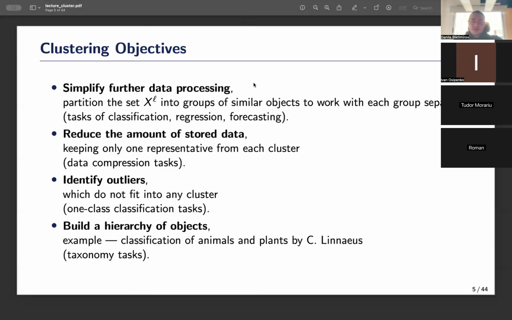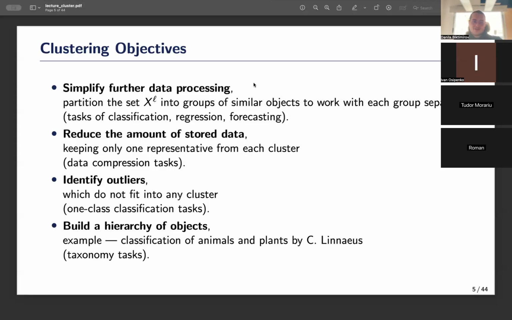In the second case, the priority is reducing data storage, and the number of clusters can be arbitrary. In the third case, the main interest lies in identifying outliers that don't fit into any clusters. In all these cases, hierarchical